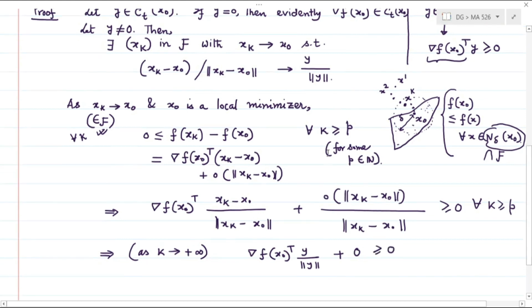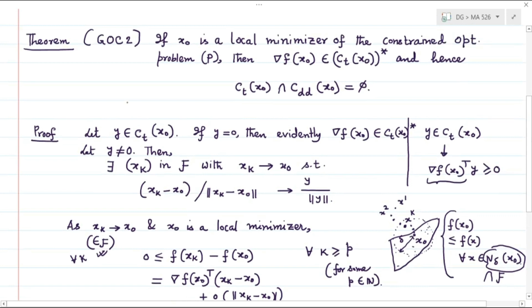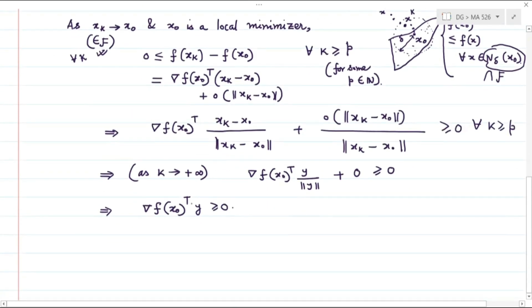This is greater than or equal to 0, and hence you have that grad f(x0) transpose y is greater than or equal to 0, and this is true for every y because no restriction on y was taken. You have taken any element y inside the tangent cone. If it is null, then you have seen that grad f(x0) belongs to the dual cone. However, if y is not null, then we have seen here that grad f(x0) transpose y is greater than or equal to 0, and therefore arbitrariness of y